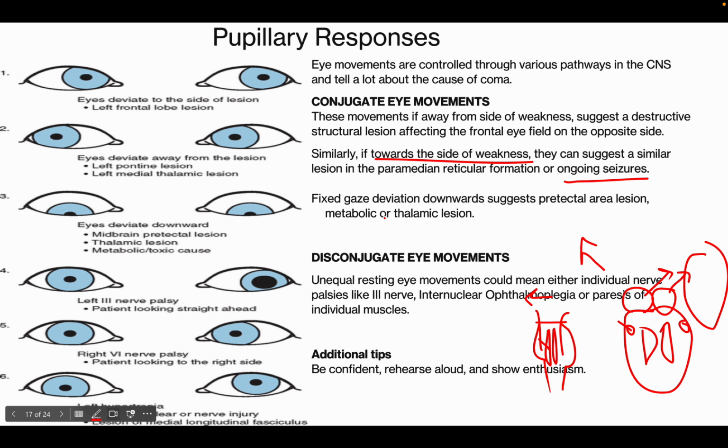And then there is fixed gaze deviation, that is, for example, downwards gaze deviation, as you can see over here. So the eyes are fixed in a downward gaze position, and you try to move the eyes to look up, they won't be able to, or just that the eyes will be fixed in that down